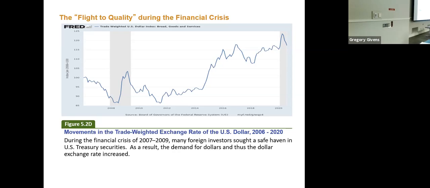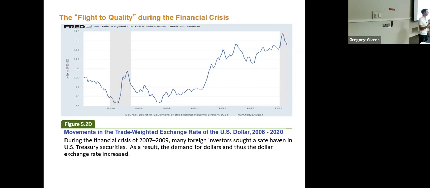When investors see that the Greeks are about to default on their government debt, what are they going to want to do? Dump Greek bonds and buy something safe. What is the safest asset you can buy? Well, most investors think it is US Treasury securities. These are essentially risk-free. No one believes that the United States government is really going to default on its debt obligation. So what you saw happen during the financial crisis was this huge, what's called a flight to quality phenomenon